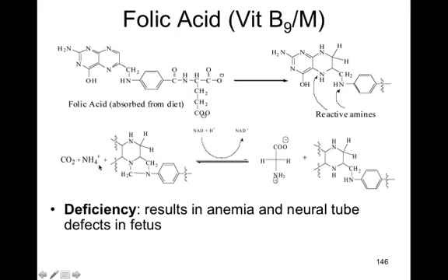So in this example, what you are seeing is you have an amino acid getting formed. So you have carbon dioxide, you have ammonium coming together with tetrahydrofolate. Only a portion of tetrahydrofolate is being shown here, which is the relevant part of it. You have four hydrogens on both the nitrogens, and you have these two hydrogens. And then you have the one carbon unit that is being carried on a bridge between these two nitrogen atoms. So that one carbon unit here is a methyl group, and along with the help of a coenzyme, NAD,